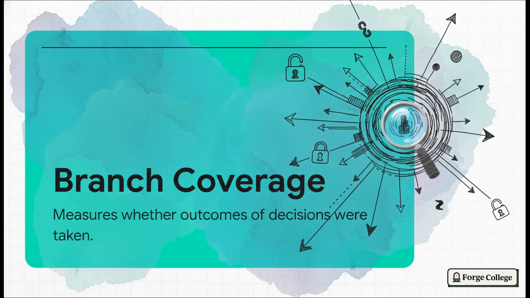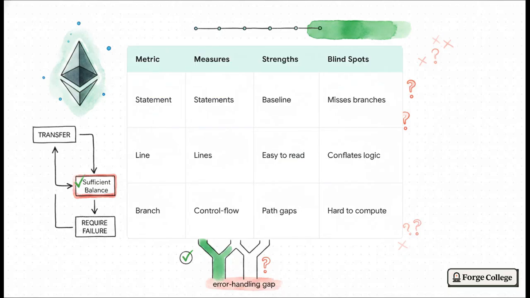This measures whether the different possible outcomes of control flow decisions, like your if statements, while loops, and logical short circuits, were actually taken. Listen, this is your absolute most crucial metric for sniffing out missing failure paths and those sneaky untested permission checks. When you stack them all up side by side, it's super clear why no single metric